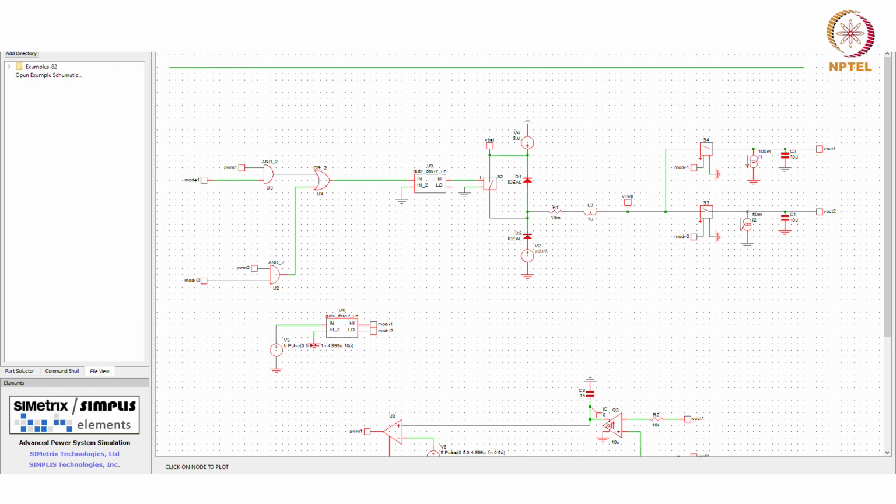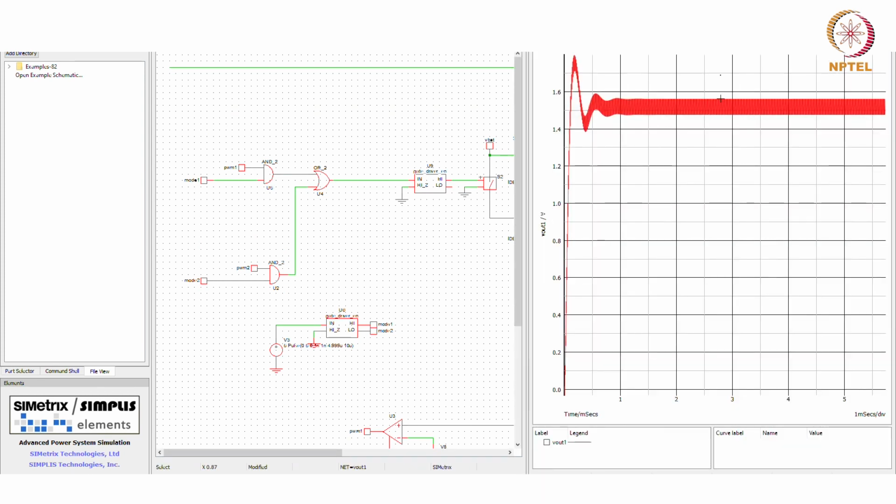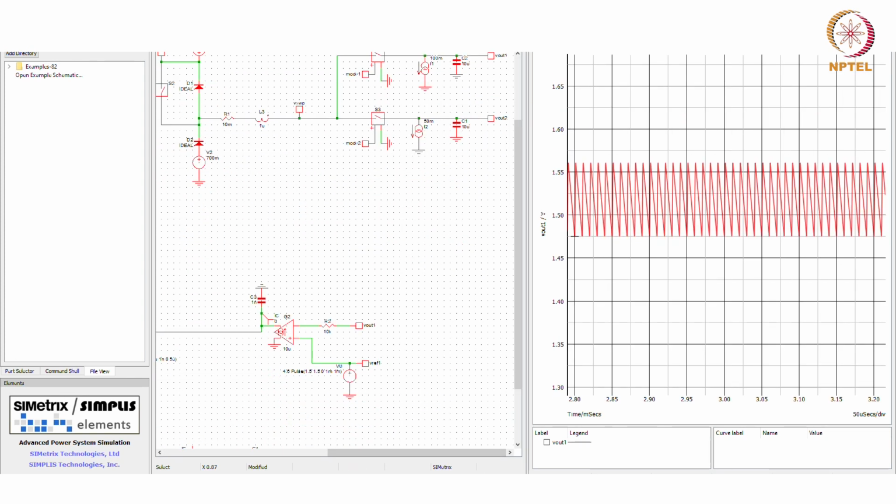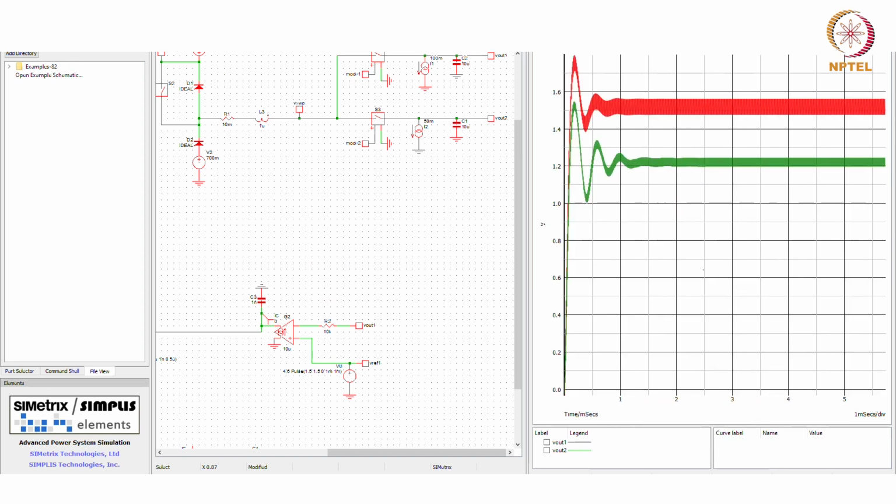So by the way, there will be discontinuity when you're turning off the switch. During the time the switches are off, the load current will be supplied by the capacitor. That's why ripple will be a little bit higher here compared to a standard buck. So this is 1.5 volt on average, and this is 1.2 volt. Okay, so they are regulated.